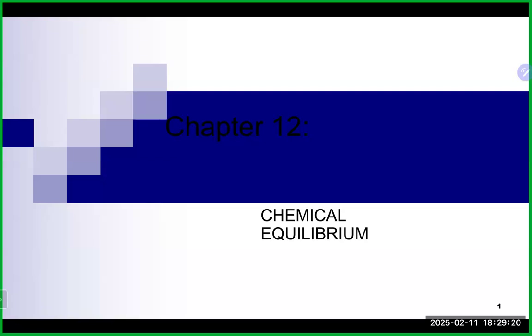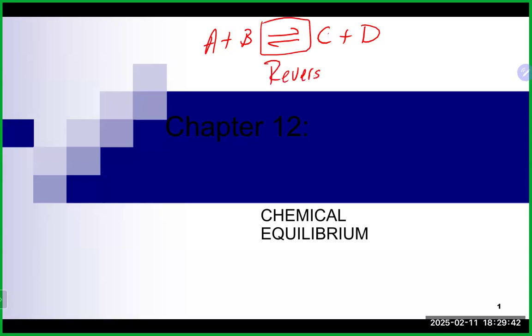And really, when we talk about chemical equilibrium, it involves a certain type of chemical reaction, and you may be familiar with this type of reaction. It is one of these reactions that have arrows heading in both directions. And these are what are referred to as reversible reactions. Reversible reactions basically have two directions. They have what is going from the left-hand side of the arrow, called the